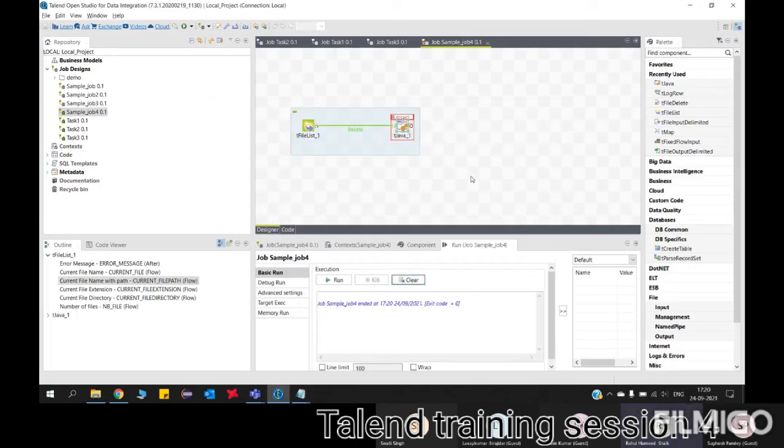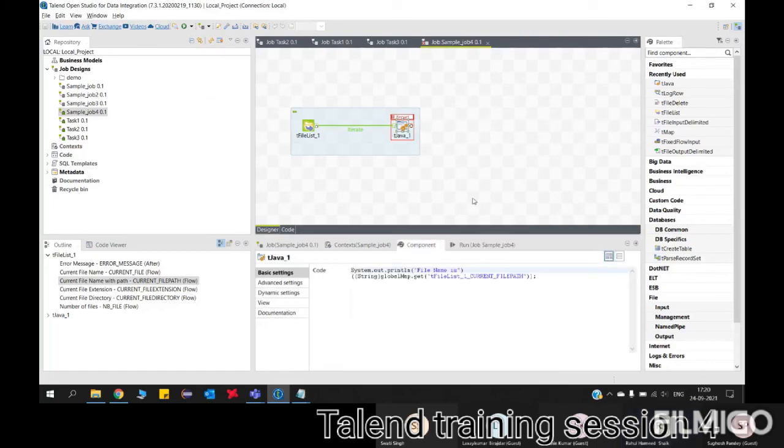Okay, now click on the tJava component. What you can do is one bracket System.println, one bracket file name is, string, one bracket. Something is wrong here. Okay, 1 2 brackets, one additional.